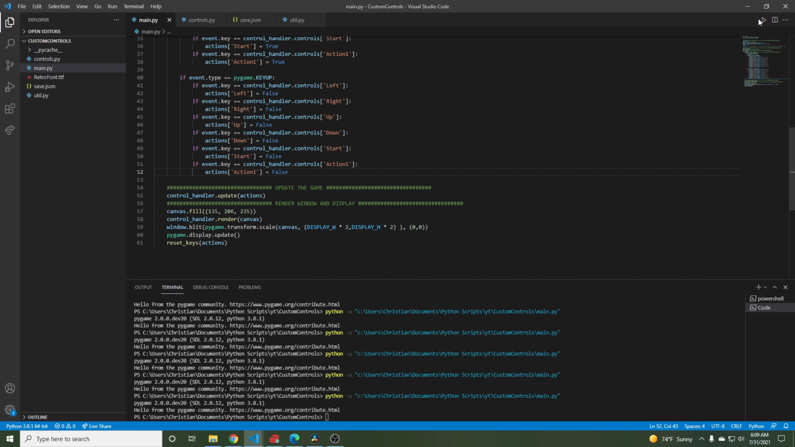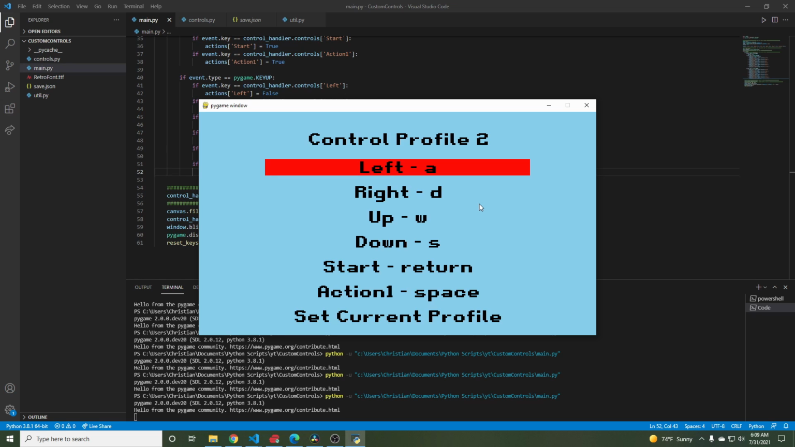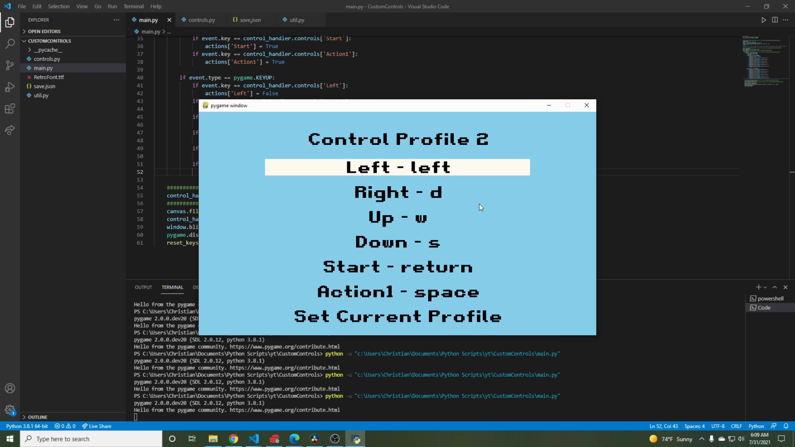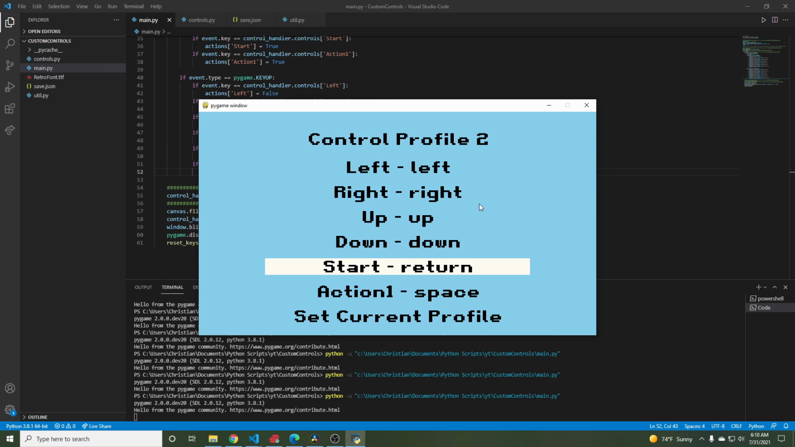In our main.py file, let's run it. Let's switch over to control profile 2. I'm going to try to change all these to the arrow keys. So if we press left, then we go left. If we press right, we go right. Up is up, and down is S. And just to make sure this is working, let's try to change the start button to space, and it shouldn't do anything. So if I do that,